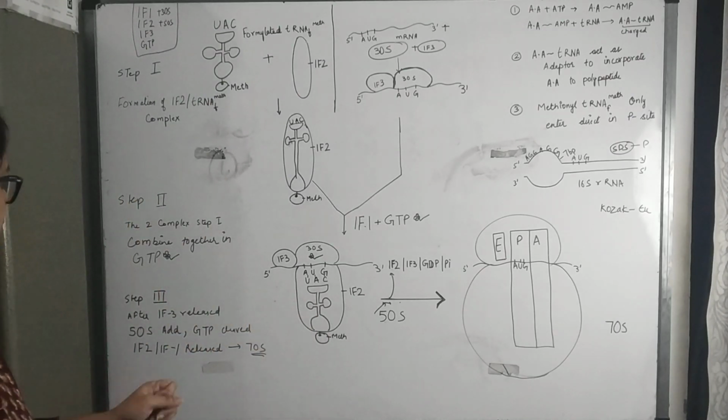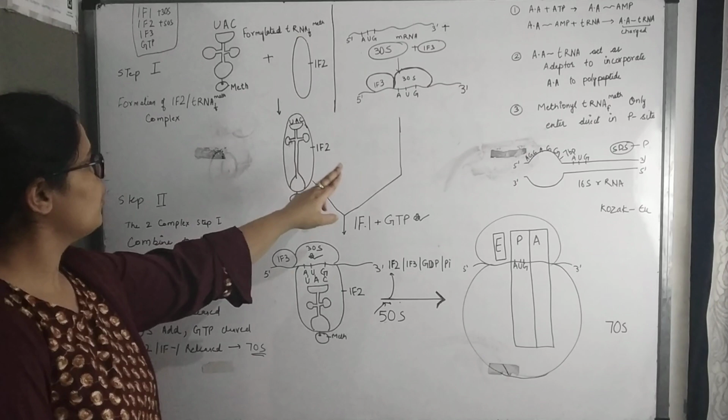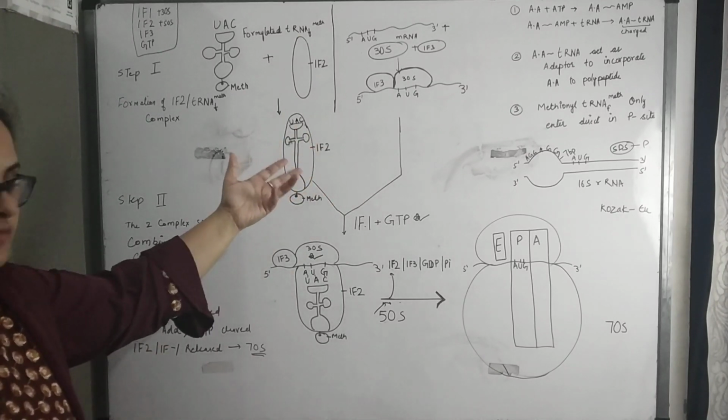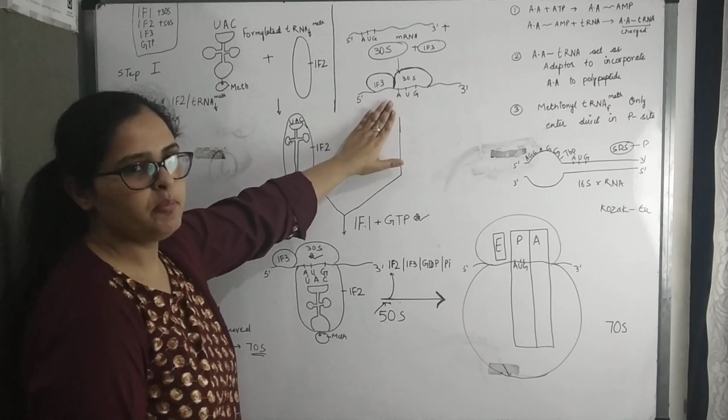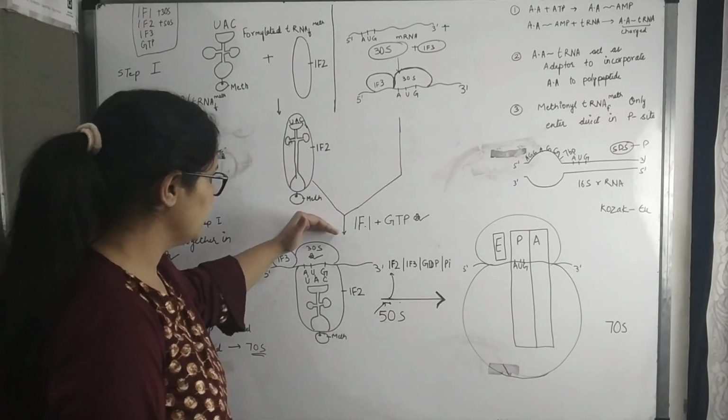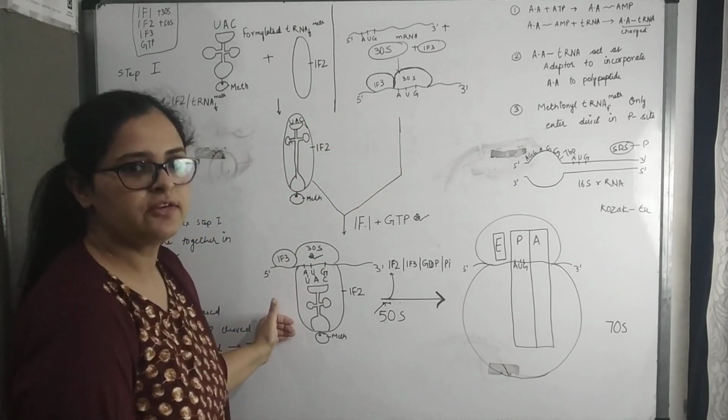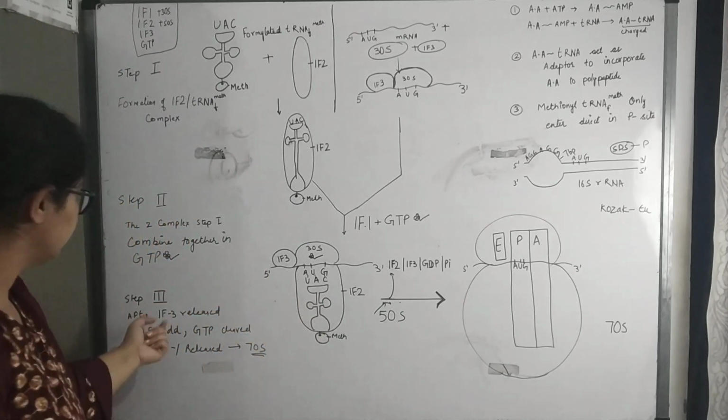So complex 2 is the combination of both the complexes which are formed in step 1. These step 1 complexes are combined together to create the next step 2 complex. Okay. In case of step 3,